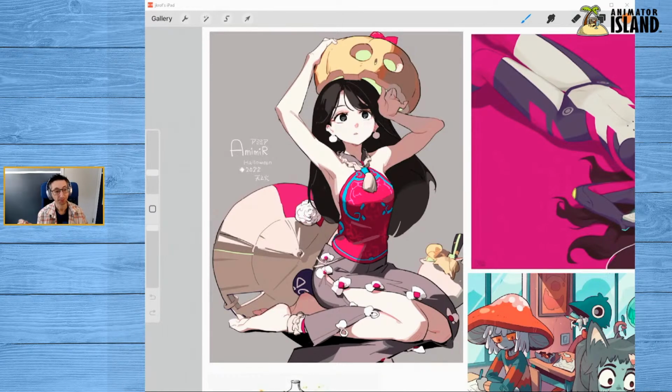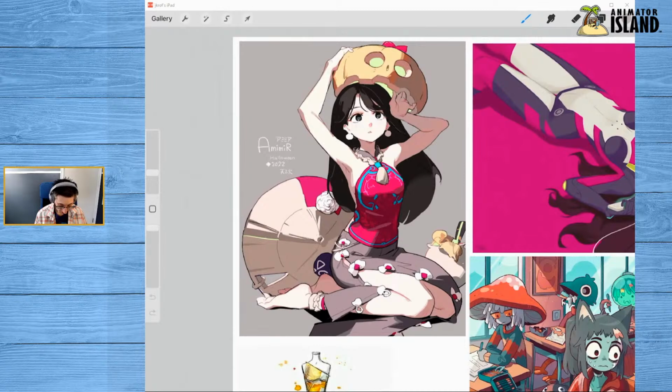Going back to this image, the artist has done a beautiful job blending bold colors with much more desaturated colors. I love this image. It was one of my favorite images of the bunch. It's not in my top 6, but it's definitely up there because it's just such a beautiful image on so many levels. I'm going to try and stick to the color and not get caught up in all the other things that I find beautiful about this. But if we look at the colors, what we'll see, first of all, is that the background is this gray color, right?